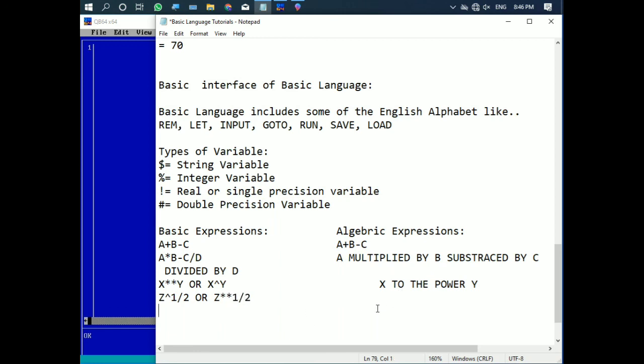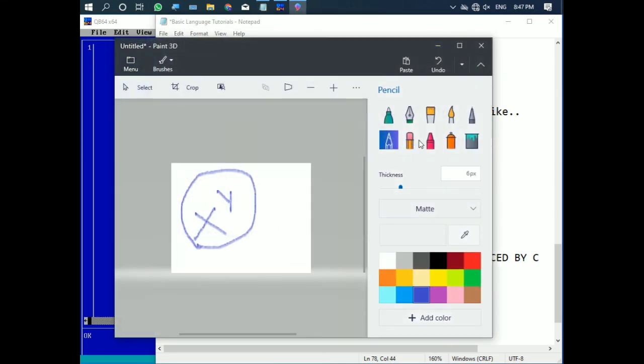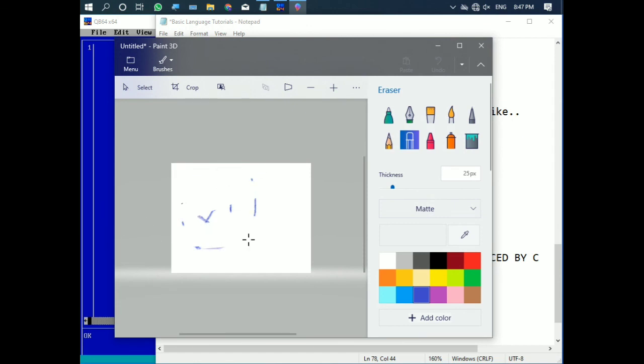What is this basically? This means z to the power 1 by 2, or root over z.